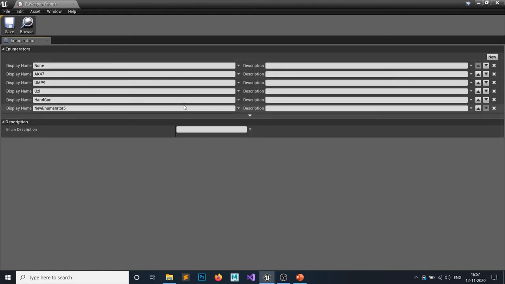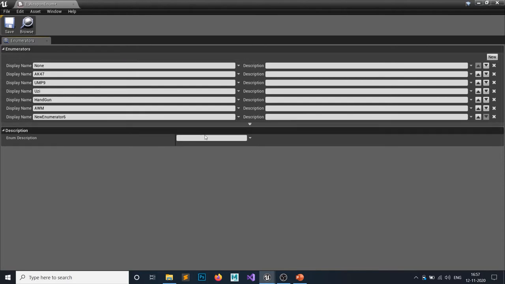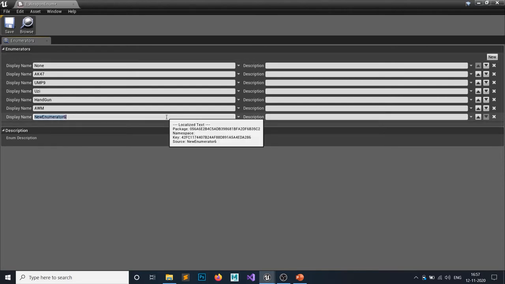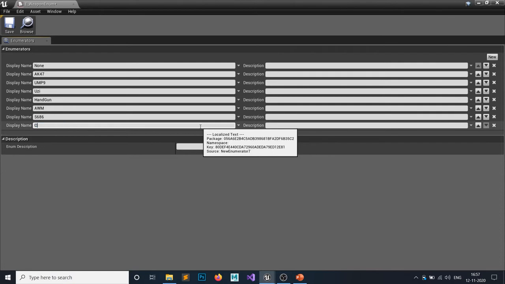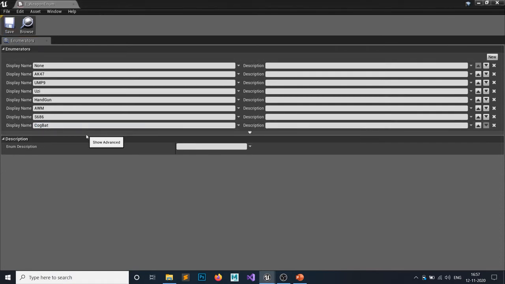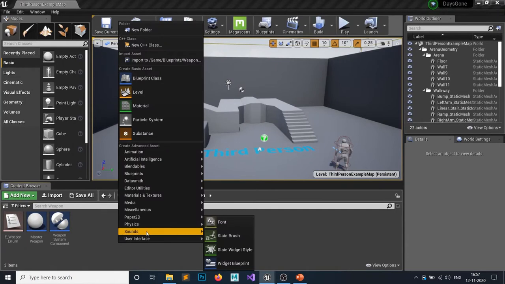Then I have an AWM sniper, then a shotgun, the S686. Do I have anything else? Yes, I have a melee weapon called Cogbat. If you want to add something more, we will add it later on.